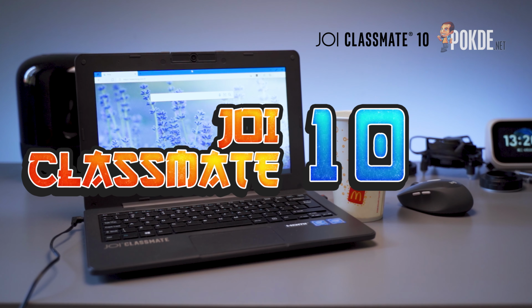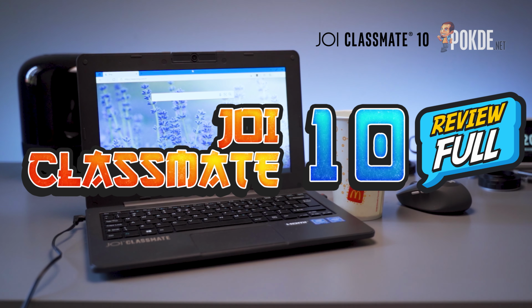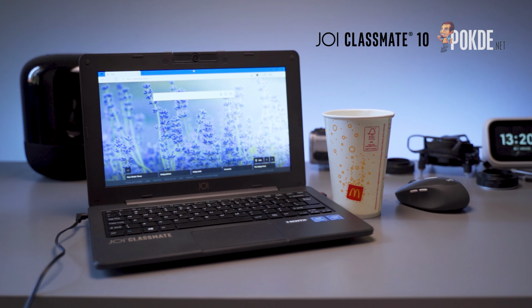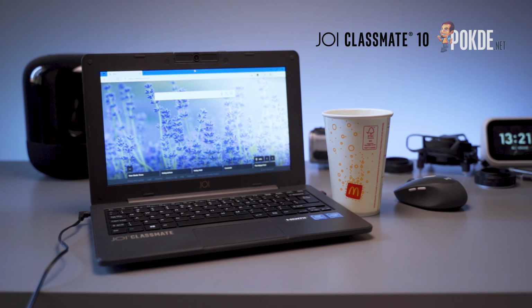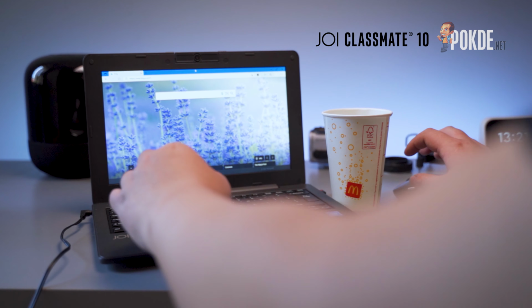Laptops come in many shapes and sizes. There's the gentle mid-ranger that will tackle your productivity and entertainment needs, and the gaming laptop that will unleash the gladiator spirit in you. I'm Winston Chan from Pogda.net, and today we aren't going to be looking at those laptops. We have this little guy here, the Joi Classmate 10, which is designed for online classes, homework, and